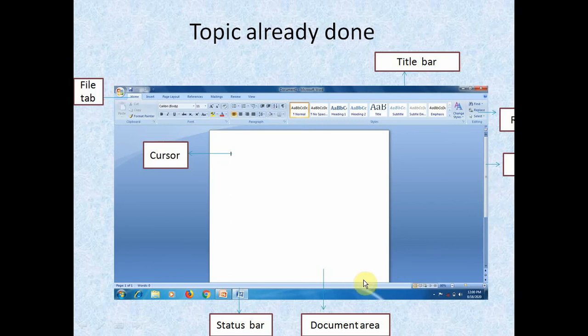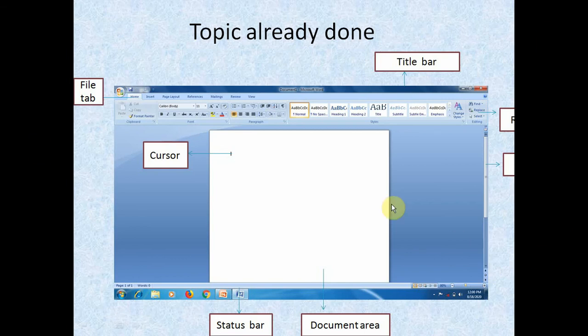You have seen some part of the document page. The rest of the page is hidden downside, so you can scroll down or use this button and click on it.